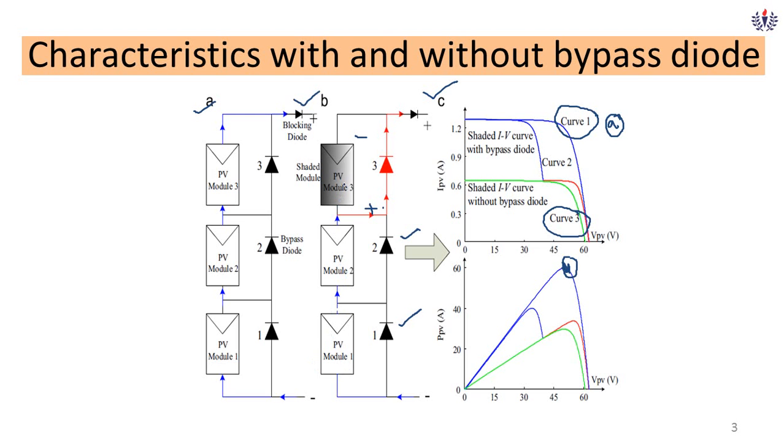If all three of them are in operation, which means the load is demanding very little current, you can operate at this particular point. If you need full current, 10 ampere, you can operate at this point. But the voltage is limited to 40 because only two modules will be there. Since one module is shaded, this is the shaded line, so only one module voltage will be present. This is how the bypass diode concept works.